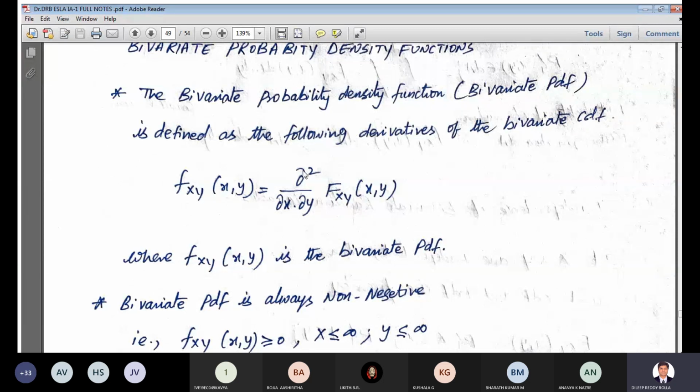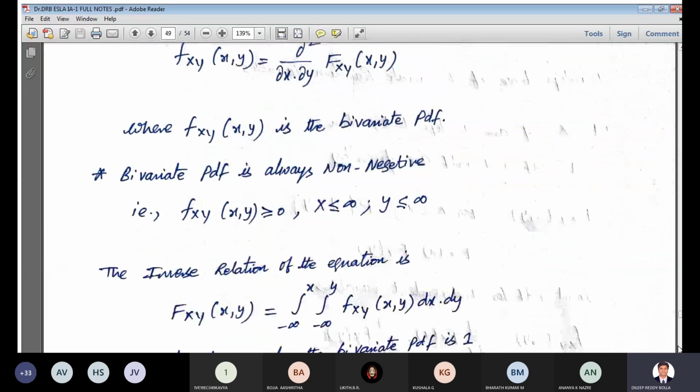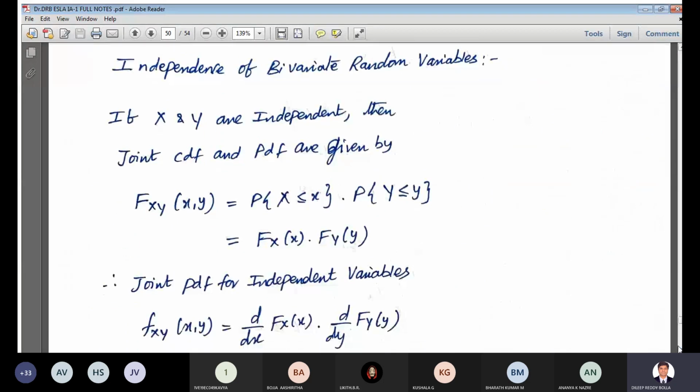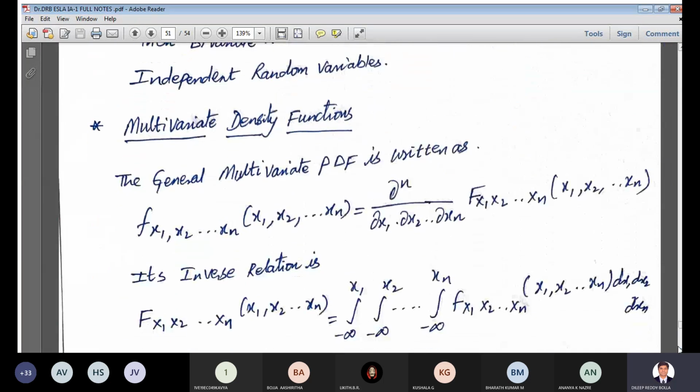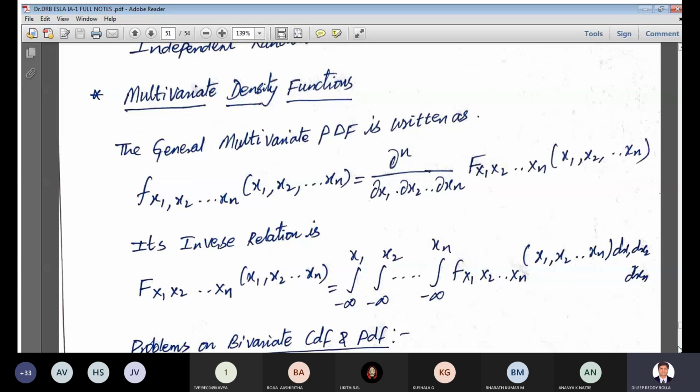Now, a very simple, straightforward question to you. If it is not two values, if it is more than two, then it is not bivariate, it is multiple variate, or let us say multiple random variables. More than two is multiple. So we call it multiple or multivariate. If you have two, we call it bivariate. If you have many, we call it multivariate. Can you tell the number for multivariate? We cannot say. It is n number.